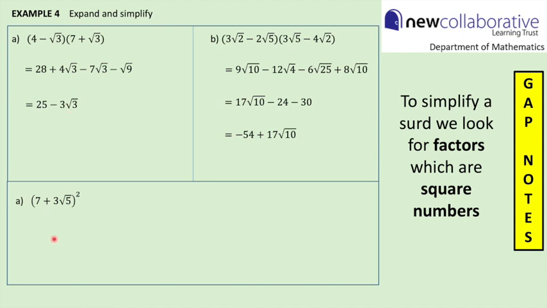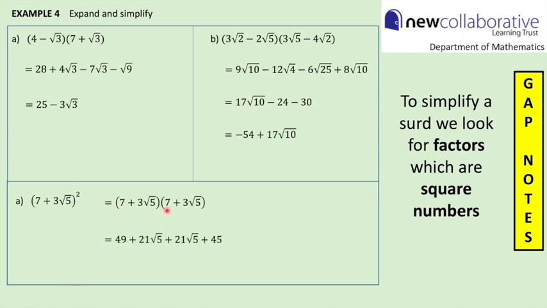If we move on to the other part of this example, we're going to do (7 + 3√5)², and that's the same as saying (7 + 3√5) multiplied by itself. So again, we have two brackets to expand and simplify, and doing that in the usual way is going to